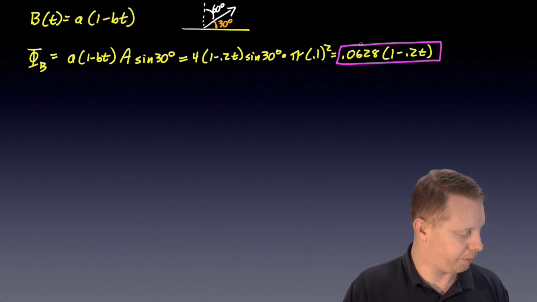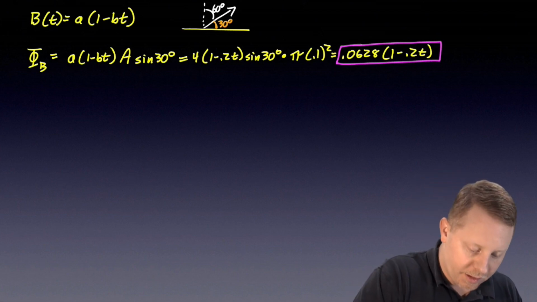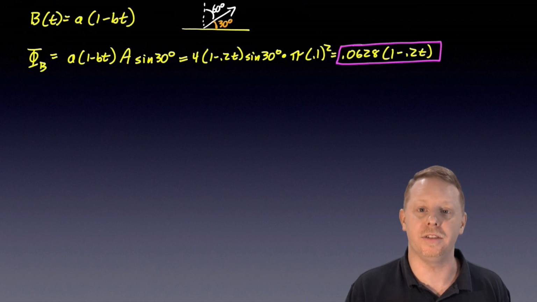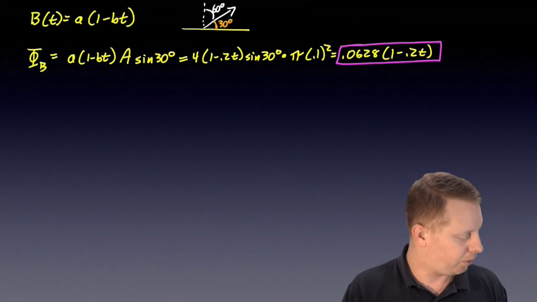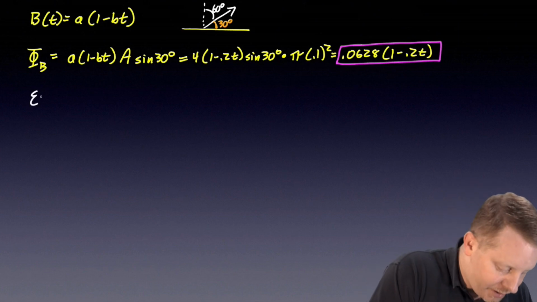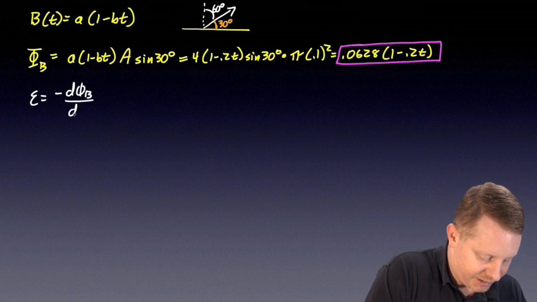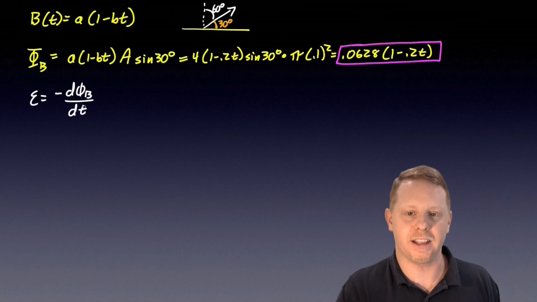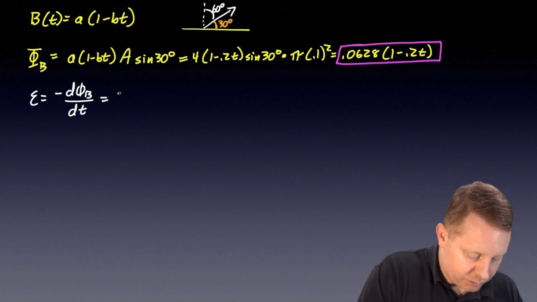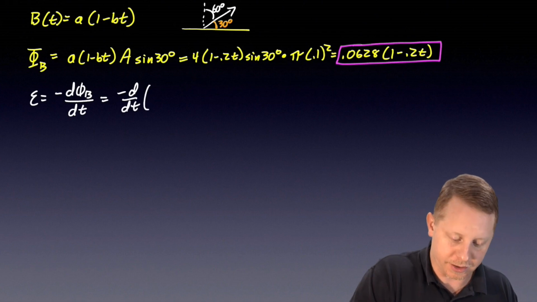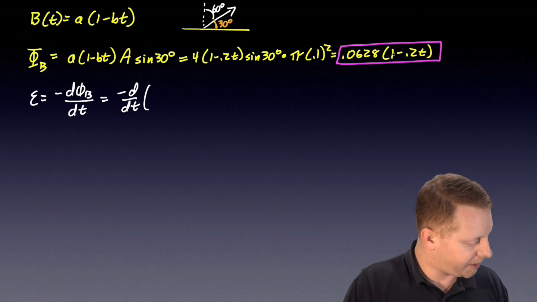And there we've got to start on the problem. All right, for part B now, it says calculate the numerical value of the induced EMF. The EMF is just going to be the opposite of the time rate of change of the magnetic flux, the derivative of the magnetic flux with respect to time, and I just plug in my formula here that I just derived for the magnetic flux,